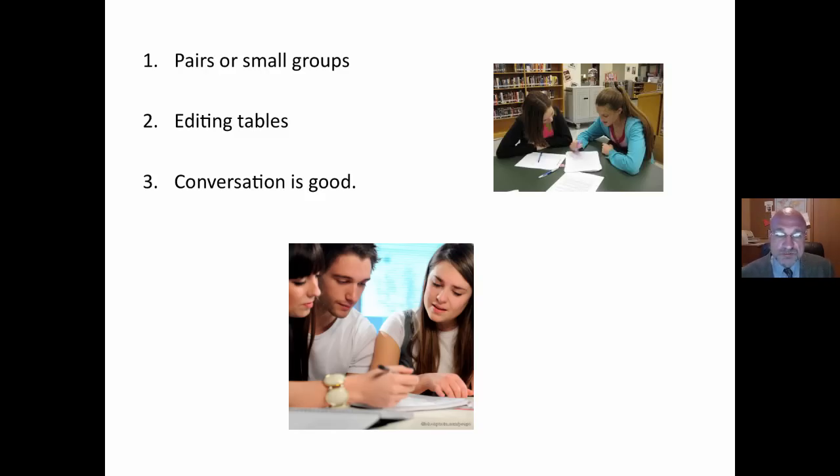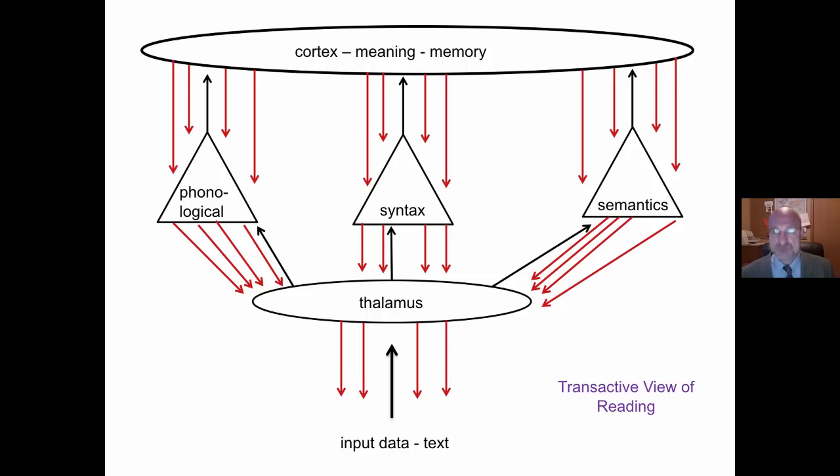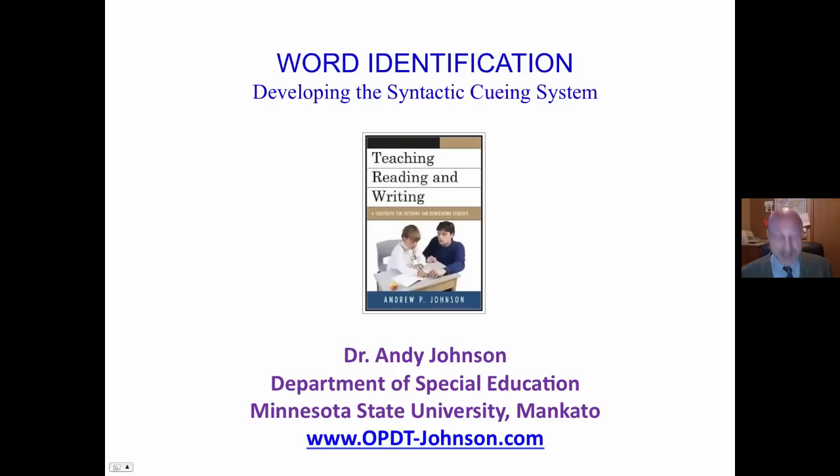Pairs or small groups. And again, it's the conversation that takes place as you read things aloud and listen for what makes sense and what doesn't. You develop a sense of grammar and sentence structure. And again, the brain uses 3 cueing systems. We tend to focus just on the phonological, especially with struggling readers, and we let atrophy these 2 other powerful ways to recognize and identify words.